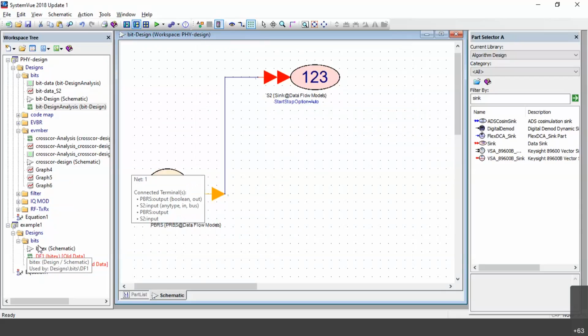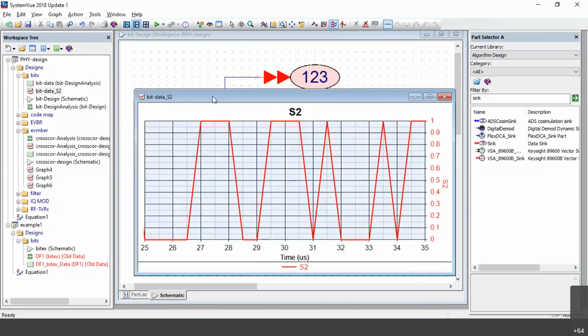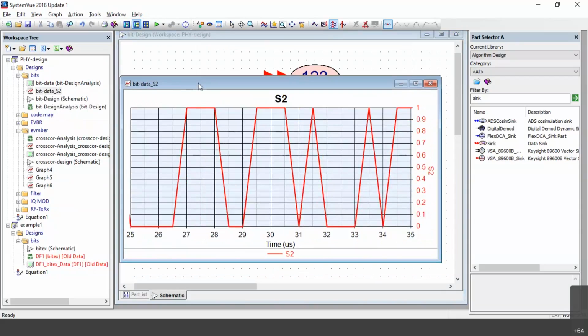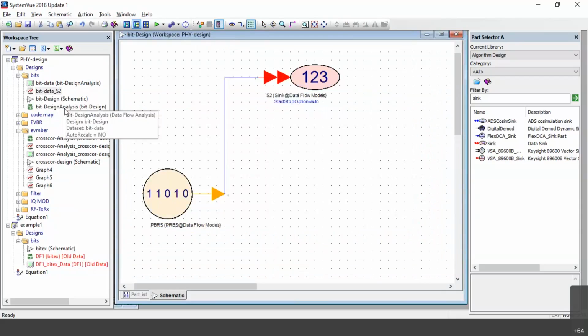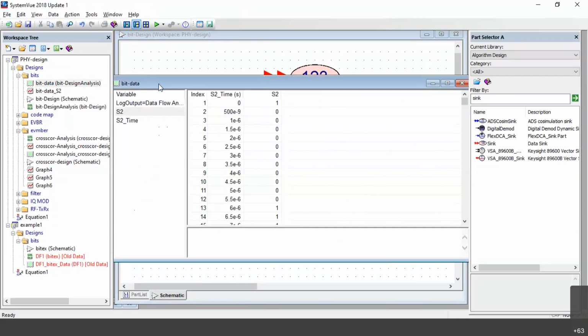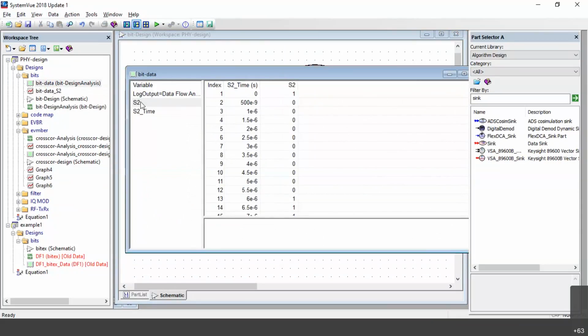So now you see the figure. See, this is the figure. There's a bit. This is a particular time slot. The signals are generated. Fine. And if you want to see it in terms of a tabular column or the data, you go for this symbol. Double click. It will show the particular symbol value. Fine. This is your S2.